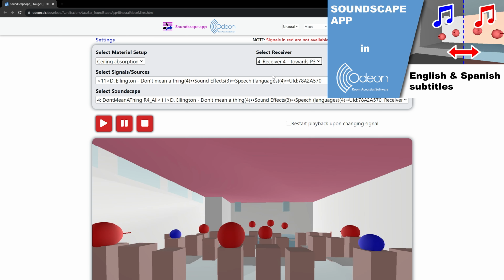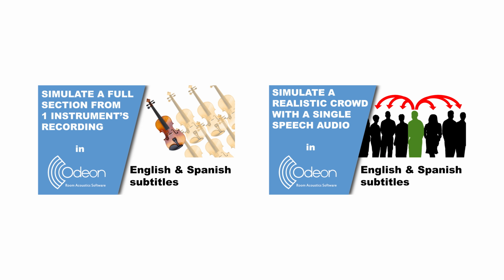The interface is generated as an HTML web app, so it can be shared to people that don't own Audyon. If you have the recording of a single instrument or of a few speaking people, you can simulate a realistic instrument section or a crowd with Audyon's audio effects.